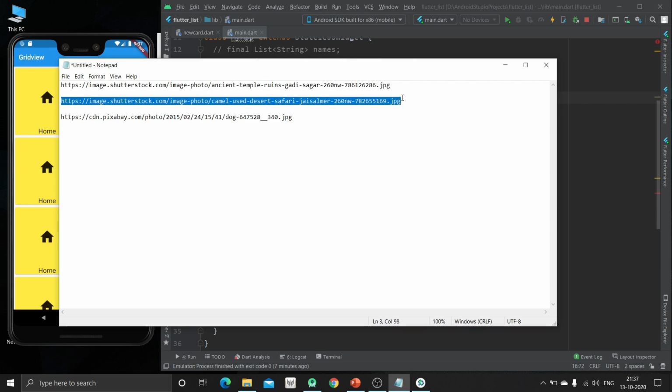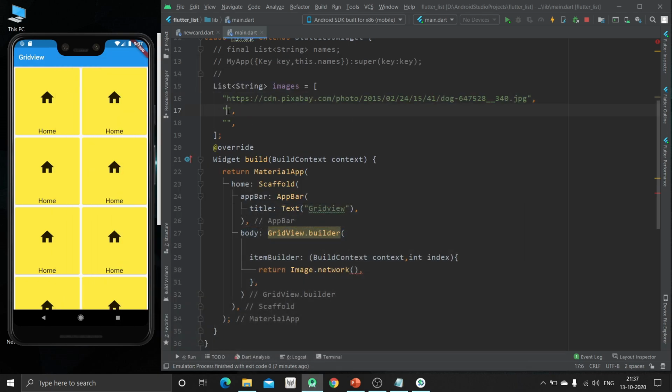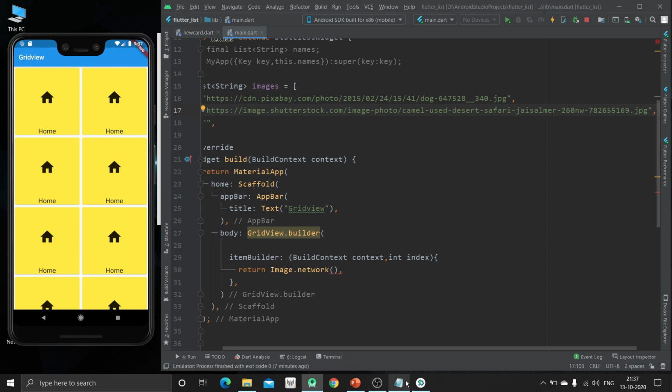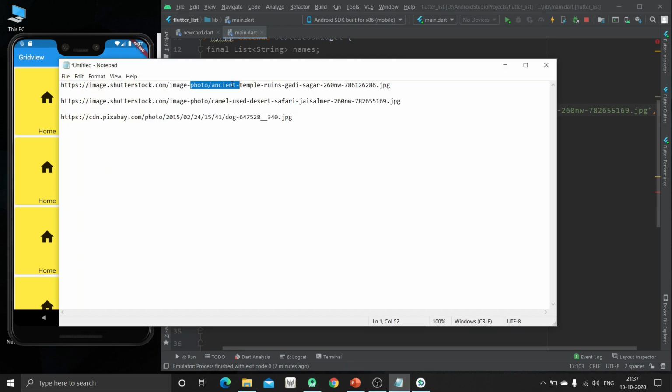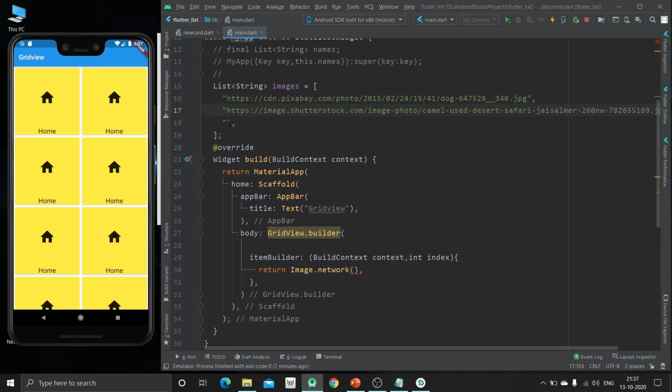So it will be done, and I will just paste it inside this, and after that make it control. Okay, just select it all. Now just again paste it in the third one.